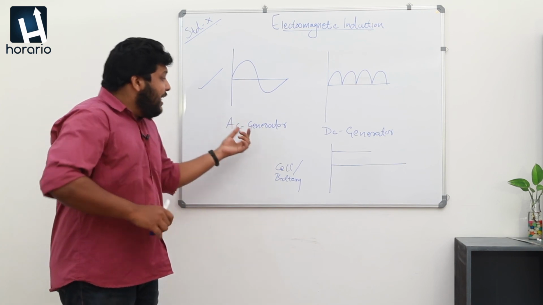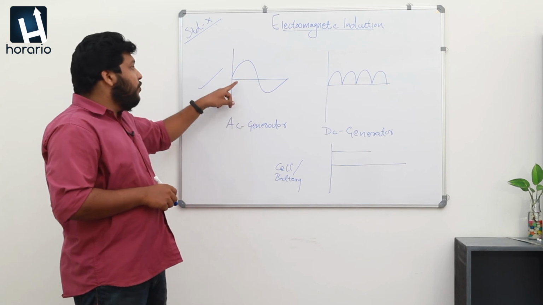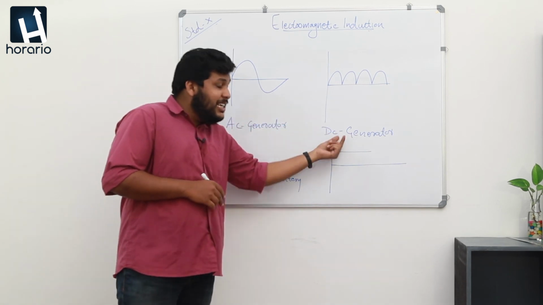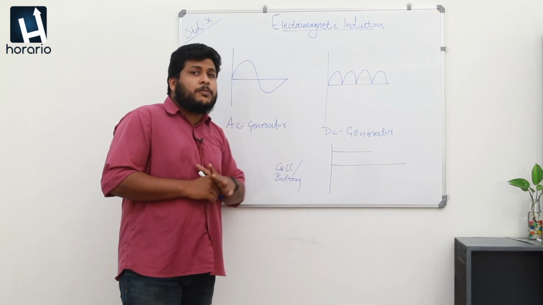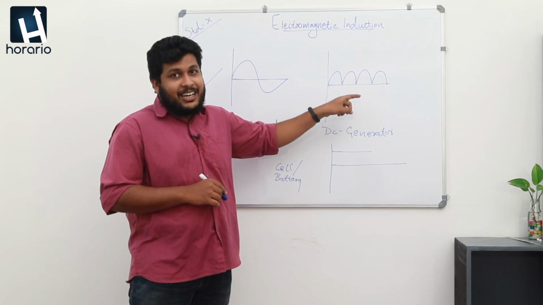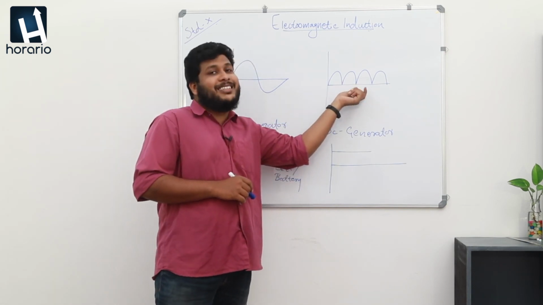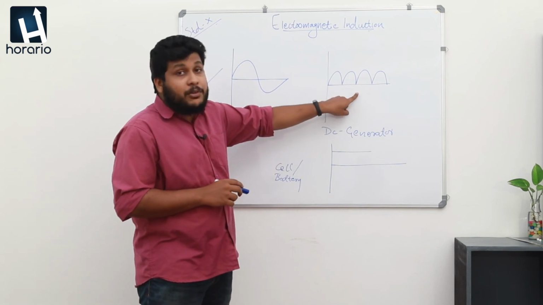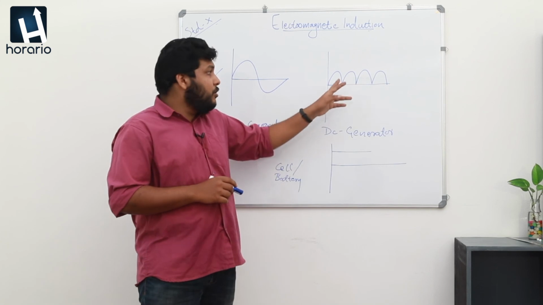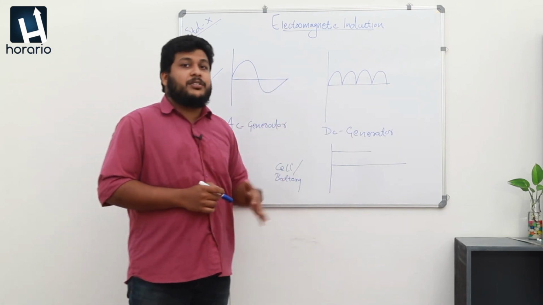Because in a generator the armature motion is continuous, we get this kind of output graph. A DC generator is also a continuous process, but the difference is that it only produces electrical energy in one direction, and it is known as a DC generator. Its output diagram is shown here, and it is known as DC current because the direction of the current is not changing, it is not going downwards.